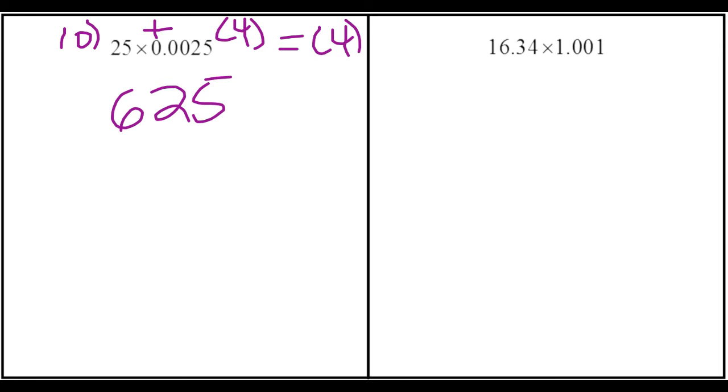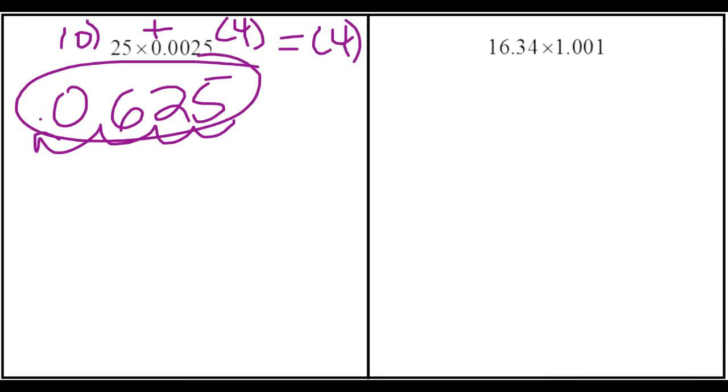Last 2 problems, go ahead, pause the video, work on these, and come back when you are ready to move on. Now 25 times 0.0025 gives you the digits 625. We have 0 decimal places here and 4 in the second factor, so we have 4 in total in the product. 1, 2, 3, and again add one more decimal place to get 0.0625. And when we look at the problem on the right, 16.34 times 1.001, the digits we get are